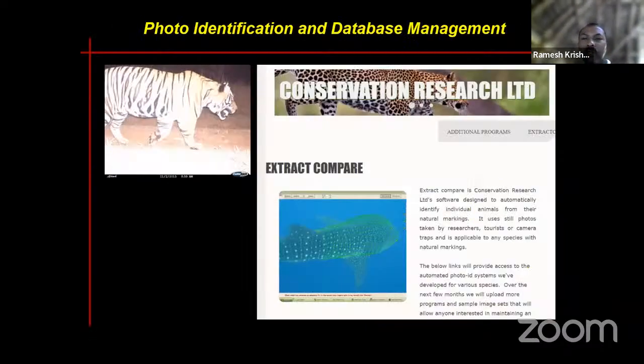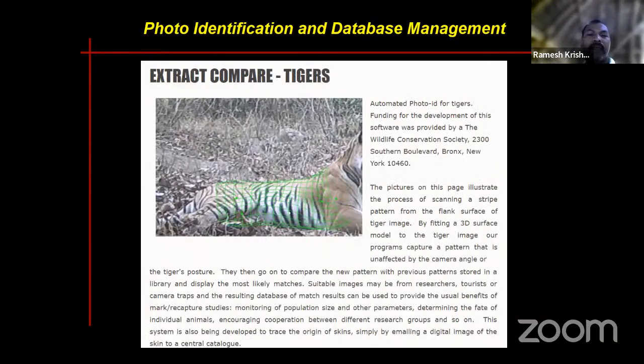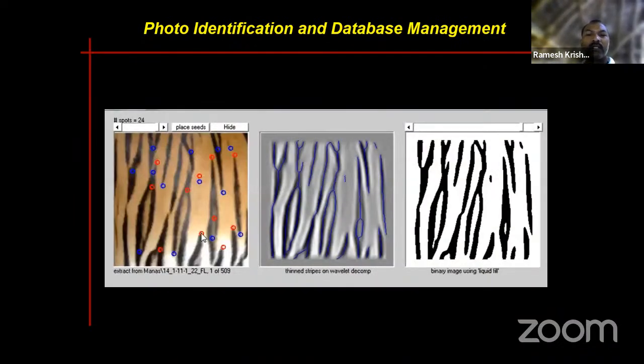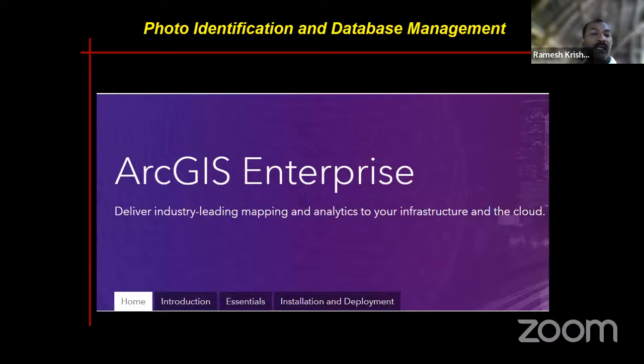So once you have them, you can keep documenting. For example, this photo identification database management that's being done by the National Tiger Conservation Authority and the Wildlife Ministry of India allows all the tigers or leopards to be stored, photographed, cataloged and managed. There is a software called Extract Compare, which can automatically identify a unique individual, and they are processed and stored. The second is the ArcGIS Enterprise system. It's very expensive, but once you buy it with a large-scale institution like the CSR or state government, maybe you invest about 40-50 lakhs initially, and maybe every 5 years it probably needs to be renewed, but then it can allow for 40-50 licenses and information can be web enabled.